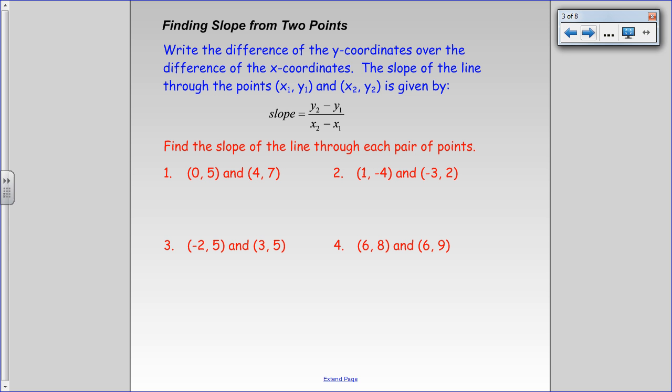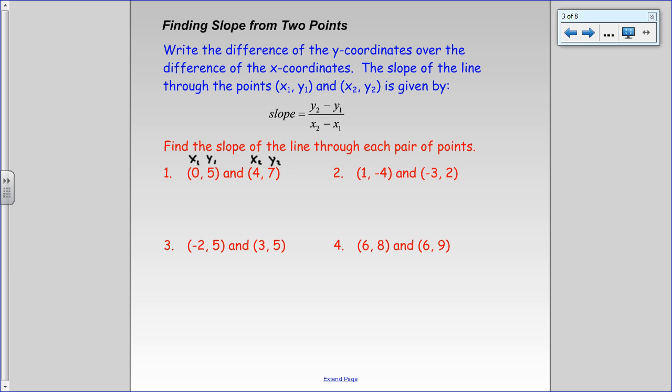Let's look at some examples. We'll find the slope of the line through each pair of points. In the first case, we have an x in our first point of 0 and a y in our first point of 5. And then the x of our second point is 4 and the y of our second point